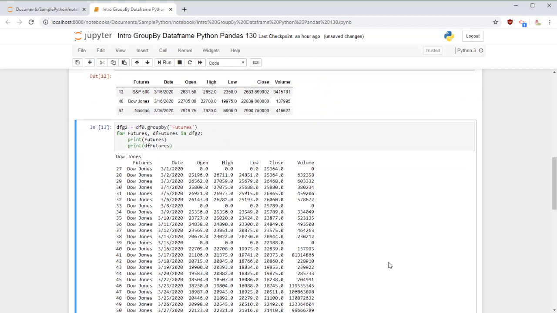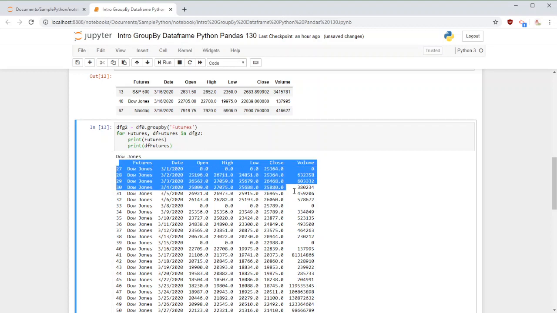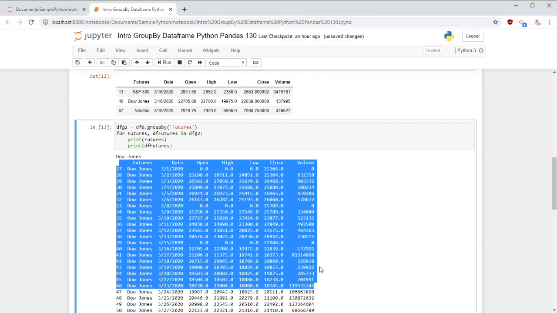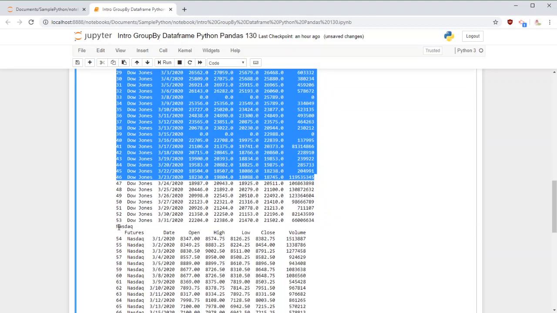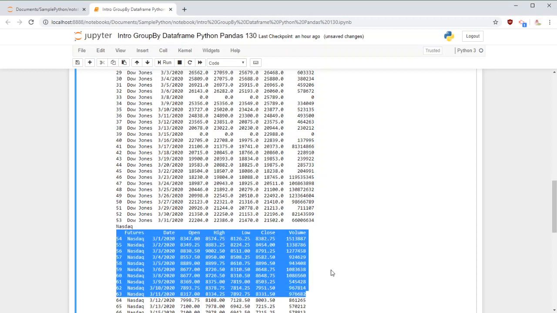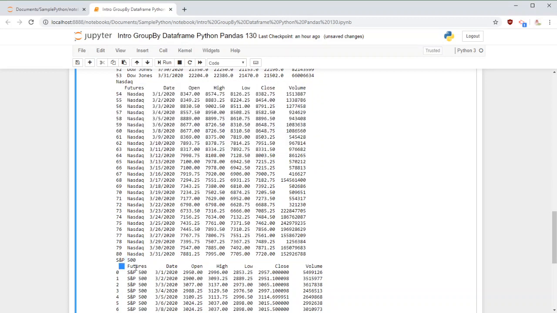Now I am grouping by the futures, which is Dow Jones Industrial Average, and when we arrange them, you see we have March 1 all the way to I think March 31. So we have the values of the Dow Jones for different dates, and it shows the whole set here. And this is the string futures, and this is the data frame for each of that. For Dow Jones, this is the data frame. For Nasdaq, here is the next data frame, and for S&P, here is the next data frame.